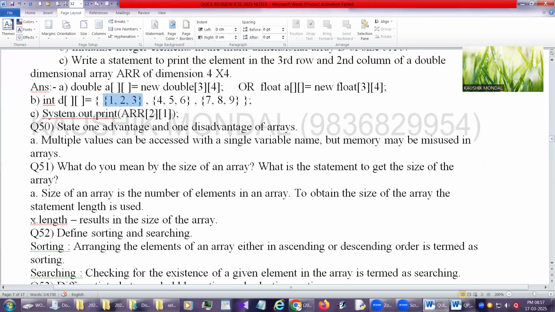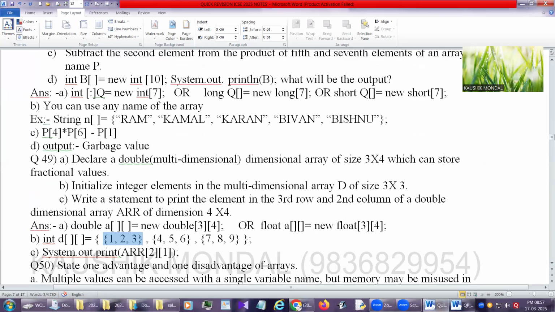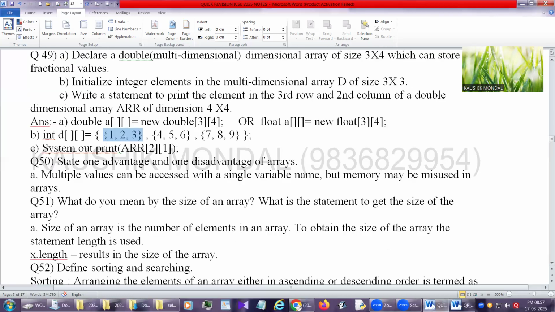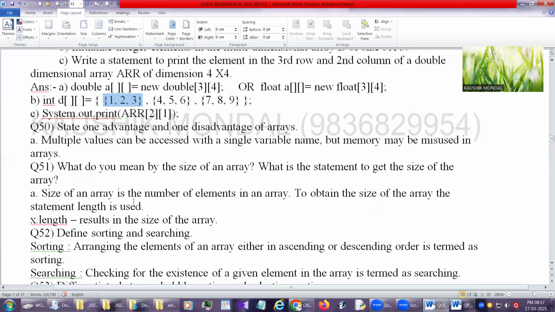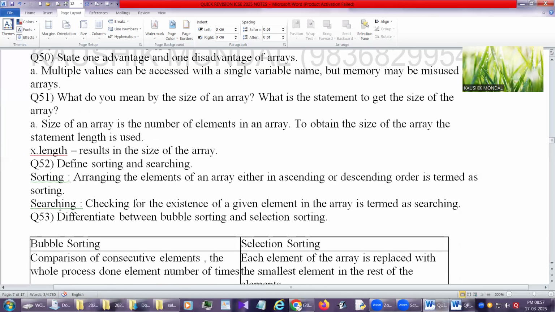If x is an array variable, like here you can check, previously we have int q, an array variable. So if I write q.length, we'll get the length of the array. And the advantages and disadvantages of an array we already told you. What do you mean by the size also? Done. And how to find out the length. And length(), with first bracket open and close, this is all about the length of the string.